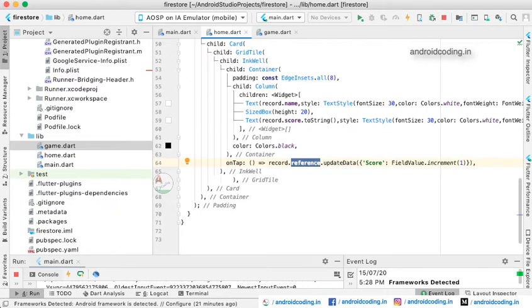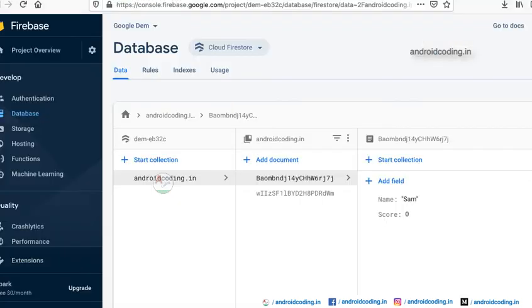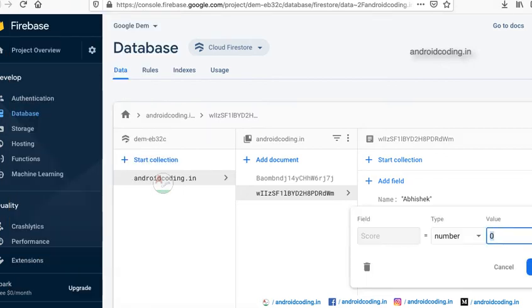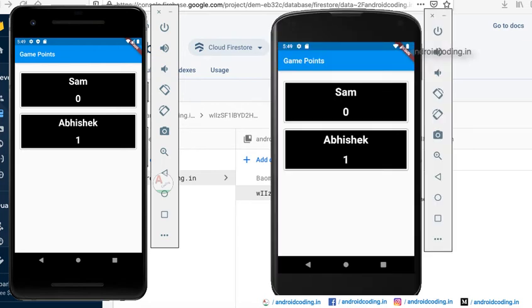Okay, so here you can see this is your mobile and your friend's mobile. So these two things we need to design, and let us see how this works. So here is our backend application. Let us try to update the point here. So I am making this value 1 and clicking on the update button. You can see it will be updated. Here you can see it is updated on both the devices. And even if you want to update from the mobile itself, yes you can do the same.